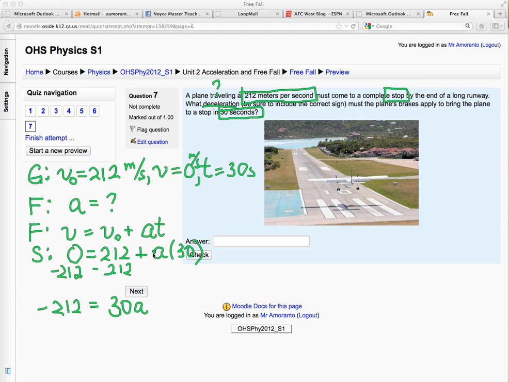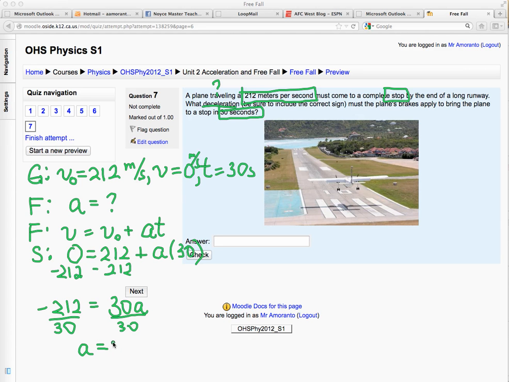Anytime you have a number after the variable, you can put it in front, because 2 times 3 is the same as 3 times 2. Since these are being multiplied, the next algebraic step is to divide by 30. And when we solve for a, plugging that into your calculator, that's going to be about